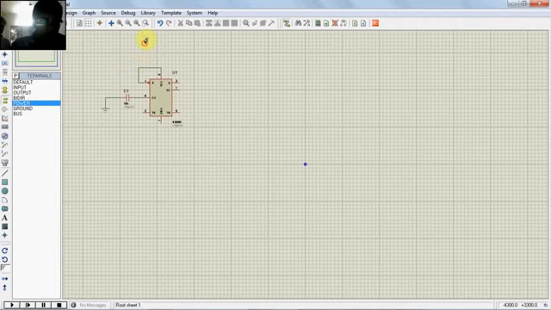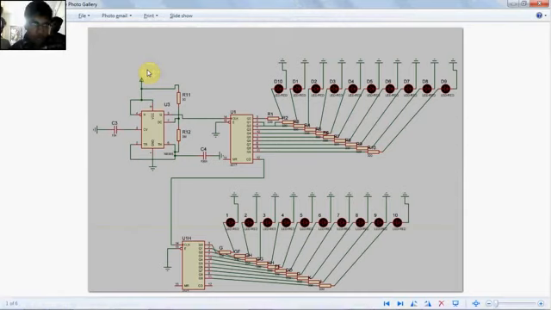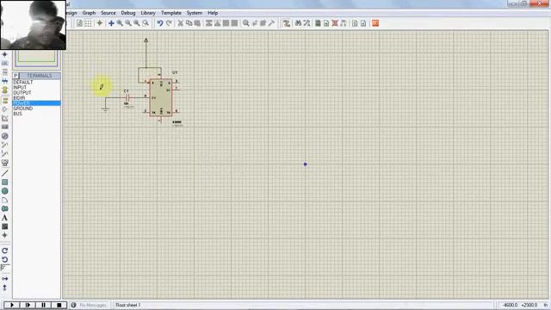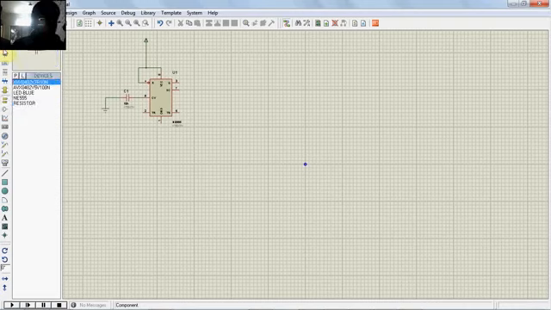Okay, in the components mode there is a resistor. Now I will rotate it and I am keeping it here, between 7 and 6.